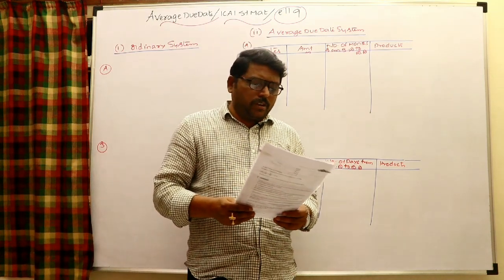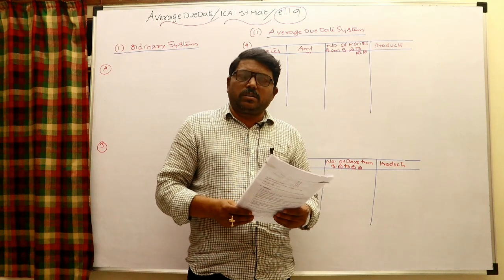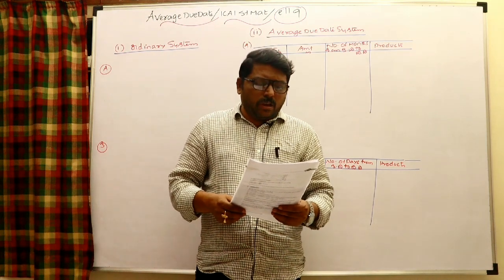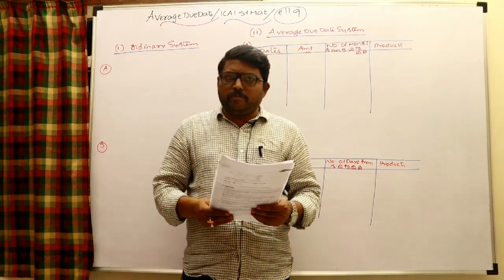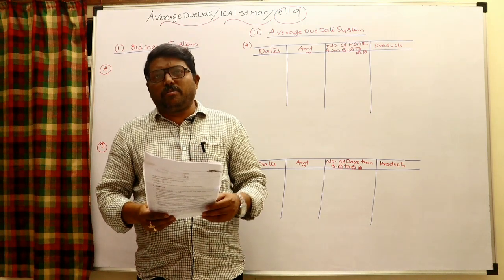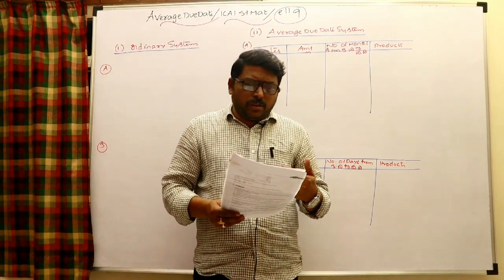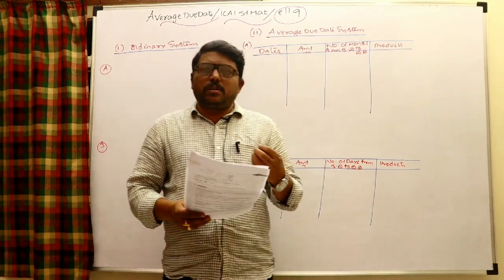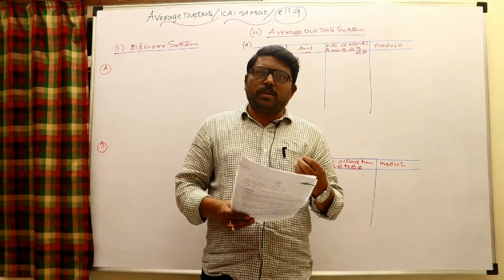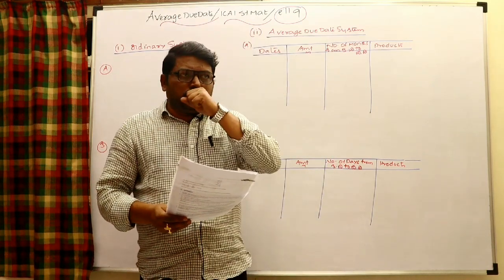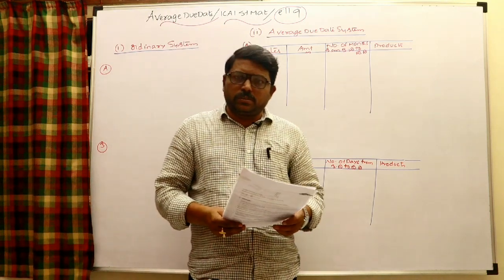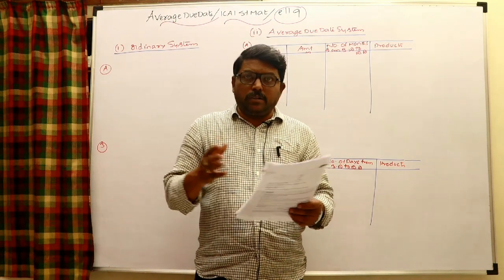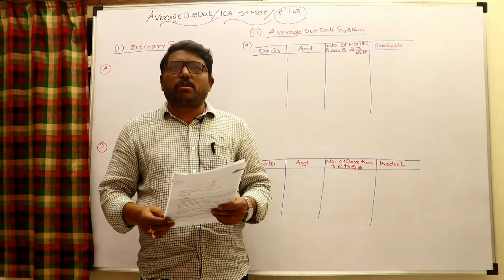In illustration 9 we are going to discuss drawings made by partners, when partners withdraw money, and how to calculate the interest. As we already discussed in partnership, when partners make drawings and the firm charges a certain rate of interest, if even amounts are drawn at regular intervals, for example the same amount at the beginning of every month, you apply the average period of 6.5 months. In the middle of the month, 6 months; at the end of the month, 5.5 months. Like that. If different amounts are withdrawn on different dates, we need to apply the products method.